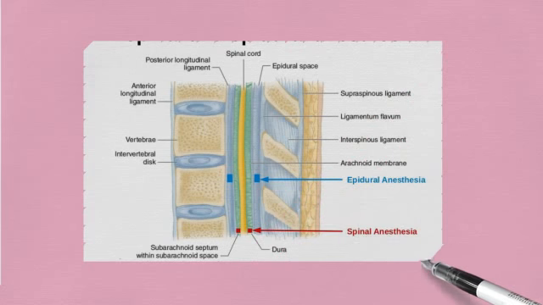In case of spinal anesthesia, local anesthetic is put into the subarachnoid space, you can see in this figure. Whereas in case of the epidural anesthesia, the drug is administered in between the spinal bone and dura mater. As a result, the pain and sympathetic fibers are blocked, which leads to analgesia and vasodilation of the lower limbs. When we compare the epidural anesthesia with the spinal one, epidural is safer, because in case of spinal anesthesia, the drug is in contact with the CSF and it can very easily spread to the brain.